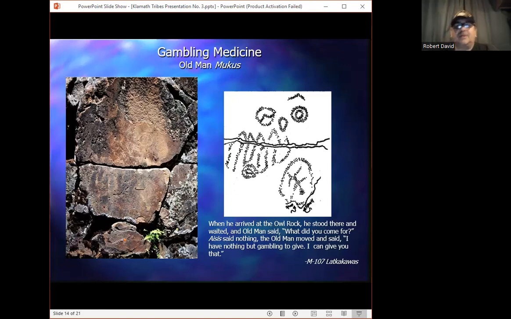Well, the message here is clear. Anybody acquiring a power from the Owl Rock is promised to possess a type of ultra supernatural vision, and thus possess skills that will enable him to become a superior gambler. See, with this kind of supernatural vision in your favor, you could discover any opponent's tells or secrets, and thus outplay them in games where enormous quantities of wealth were at stake.